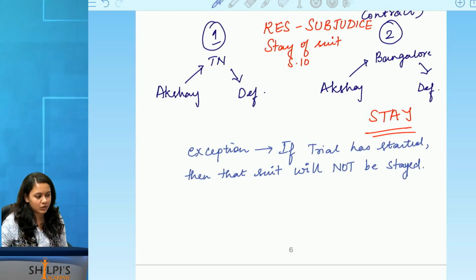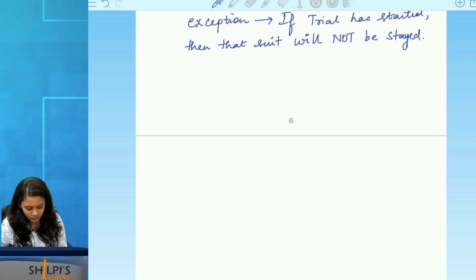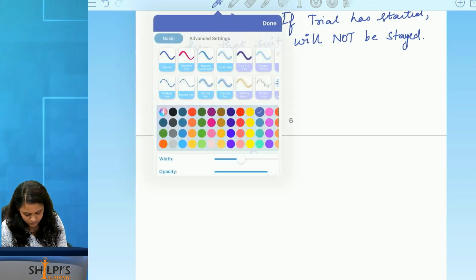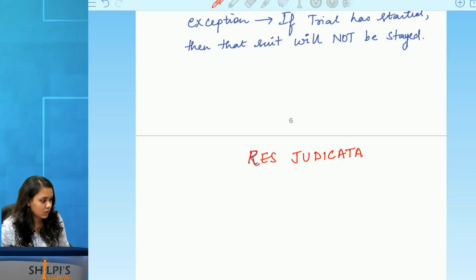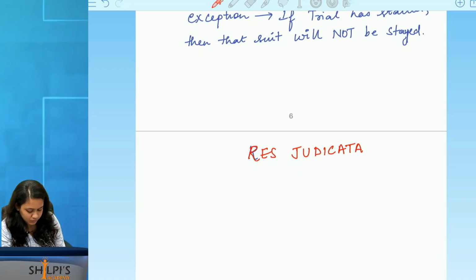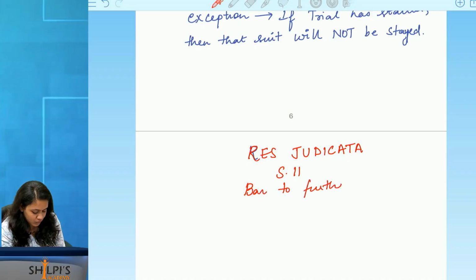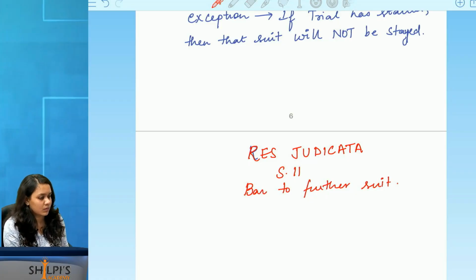We are now coming into the concept of res judicata, section 11, bar to further suit. Okay. Again,